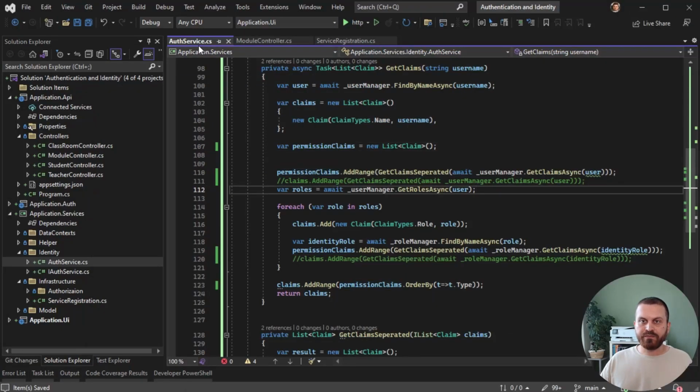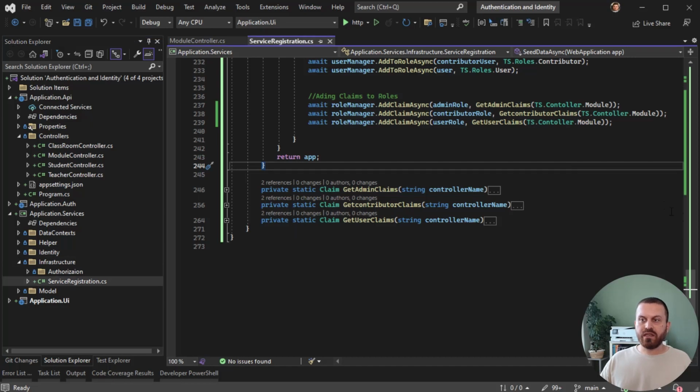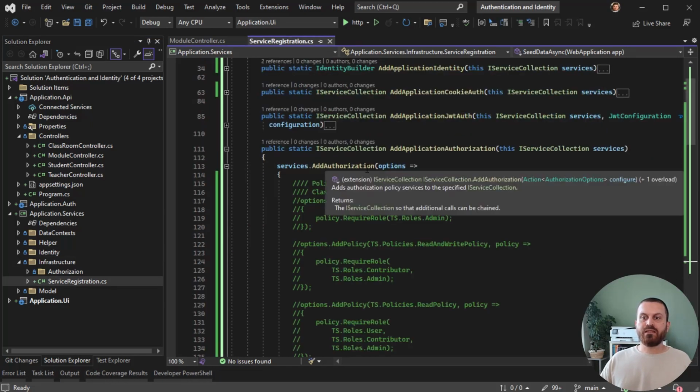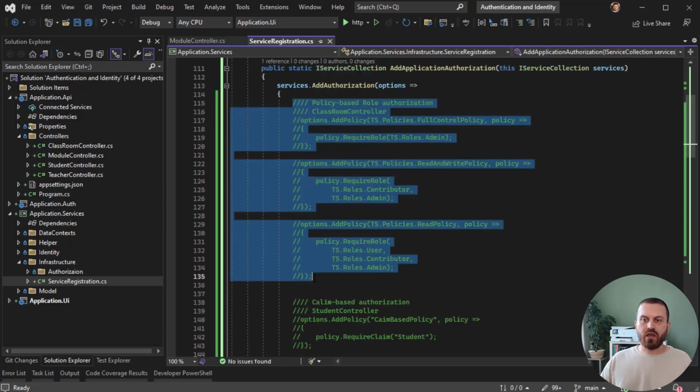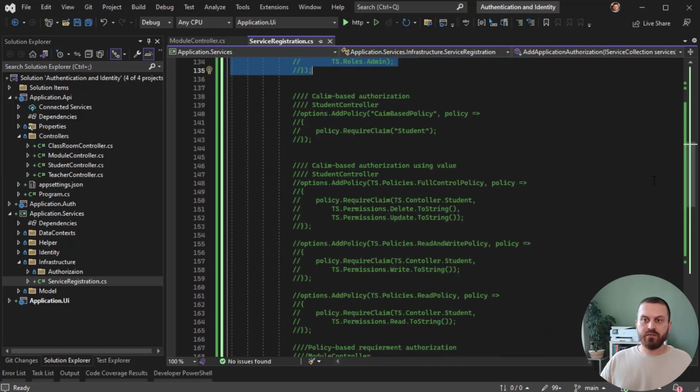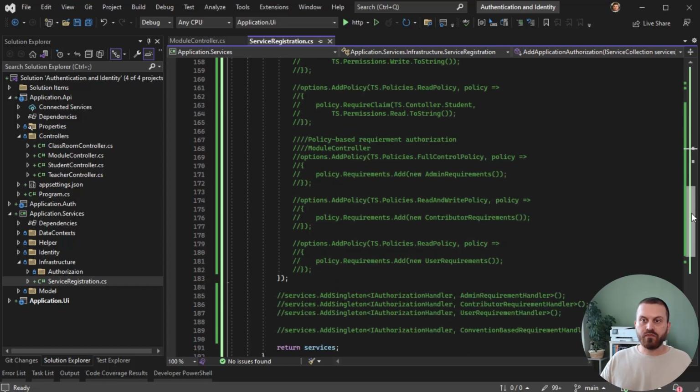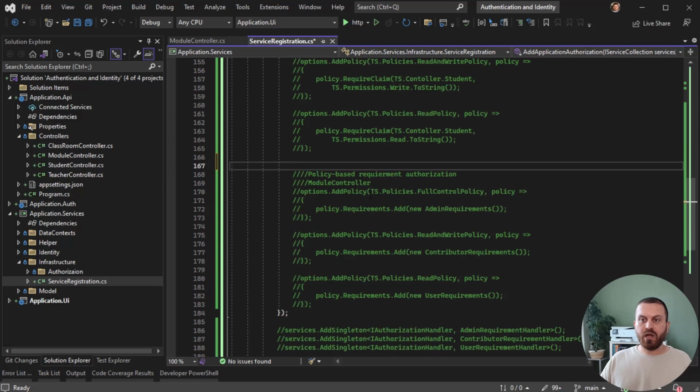Let's go back and go to the service registration. Inside the service registration, inside the configuration of add authorization, we had some code. I just commented them. I wrote down the type of each of these authorizations on top of them, and for you to use it, I just added where they are used. As an example, classroom controller, student controller. But if you want to uncomment them, please uncomment them one by one and test them one by one. And here I have policy-based